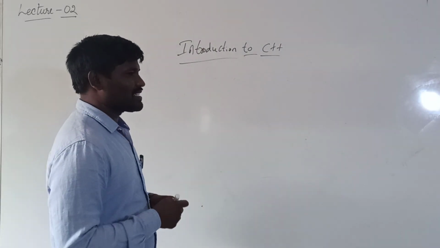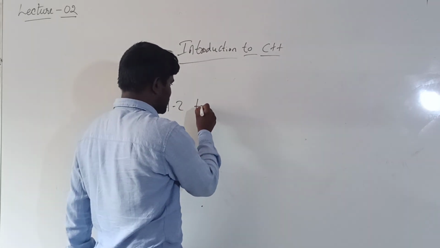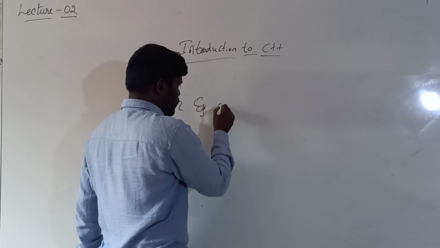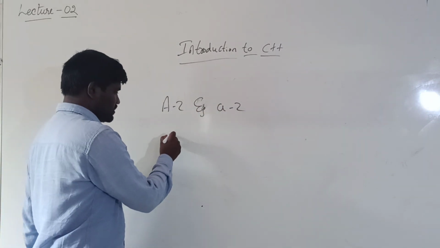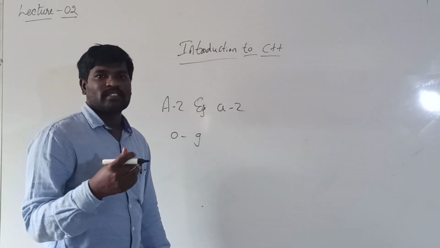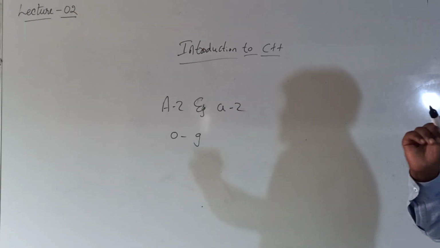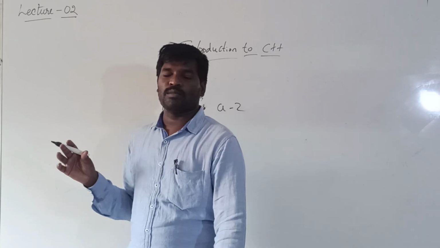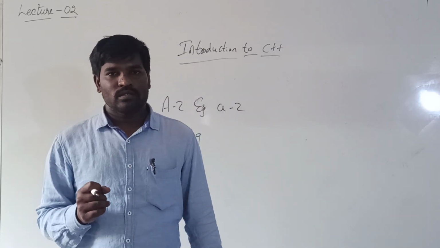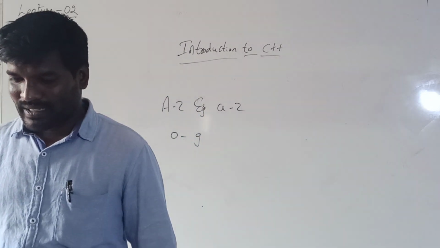In a programming language, you can use any alphabets from capital A to capital Z and small a to small z. In the same way, digits 0 to 9, and some special symbols I already told: hash, parenthesis, curly braces, semicolon, colon. There are so many symbols to include in the program. So the next topic is